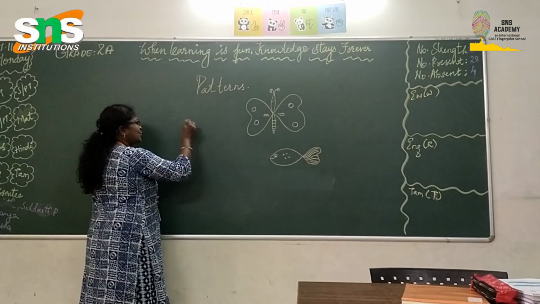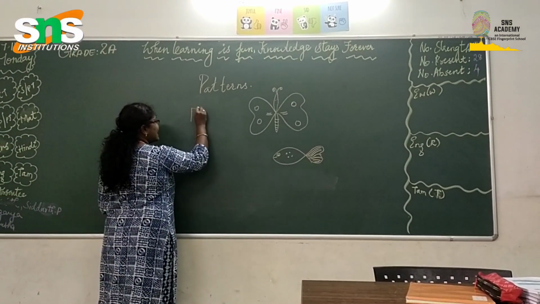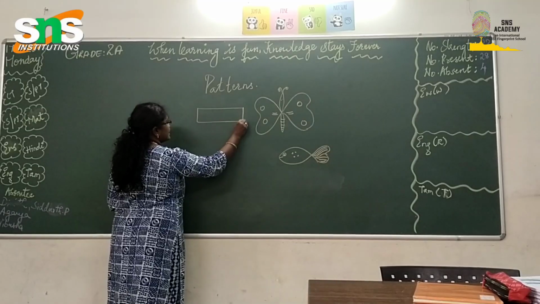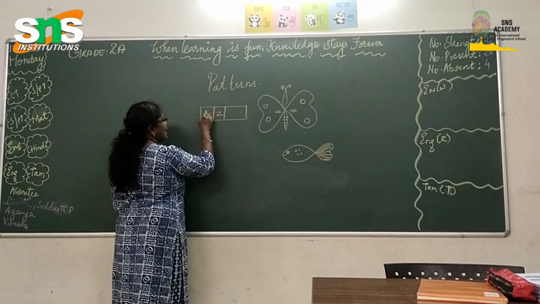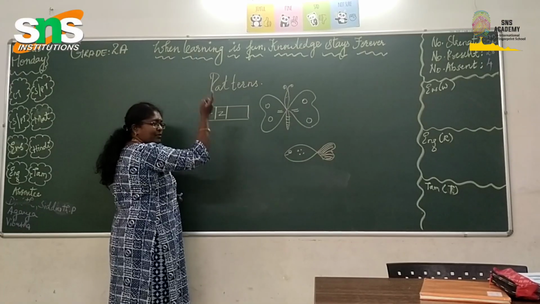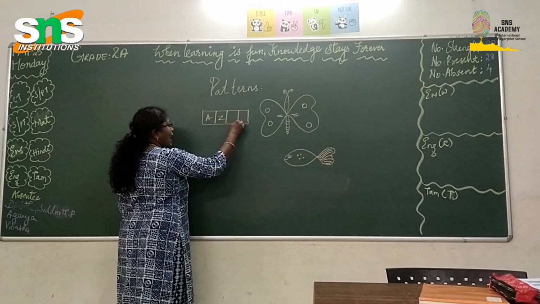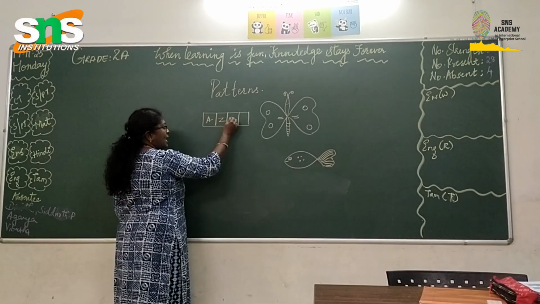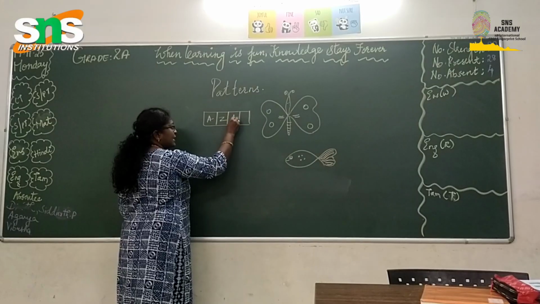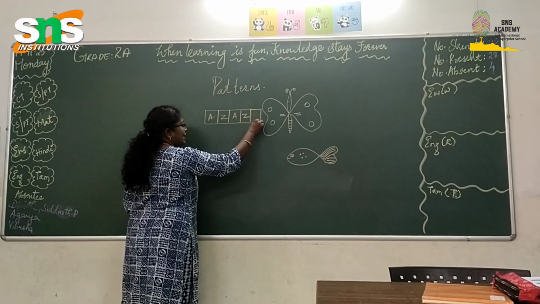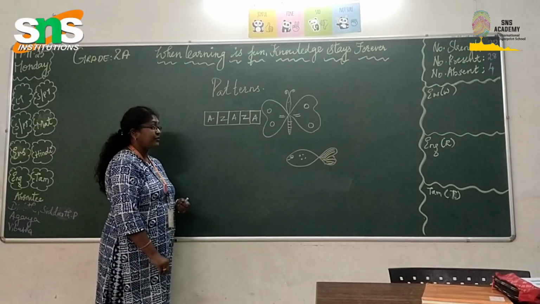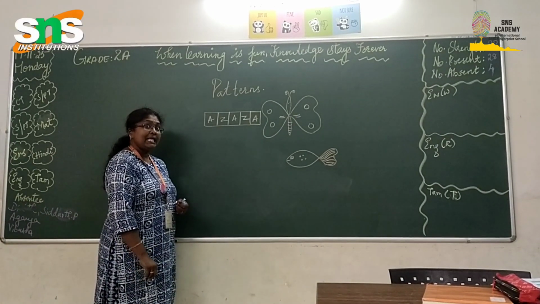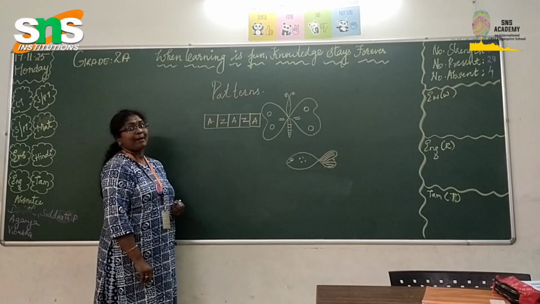Let me take any two letters, for example, A and Z. Why do I take this? It is the last letter and the first letter. That's the combination I've taken, so I've taken A Z. The next will be again A Z, and the next will again start with the letter A. Children, watch carefully. I will tell you in what way math is related with the patterns.